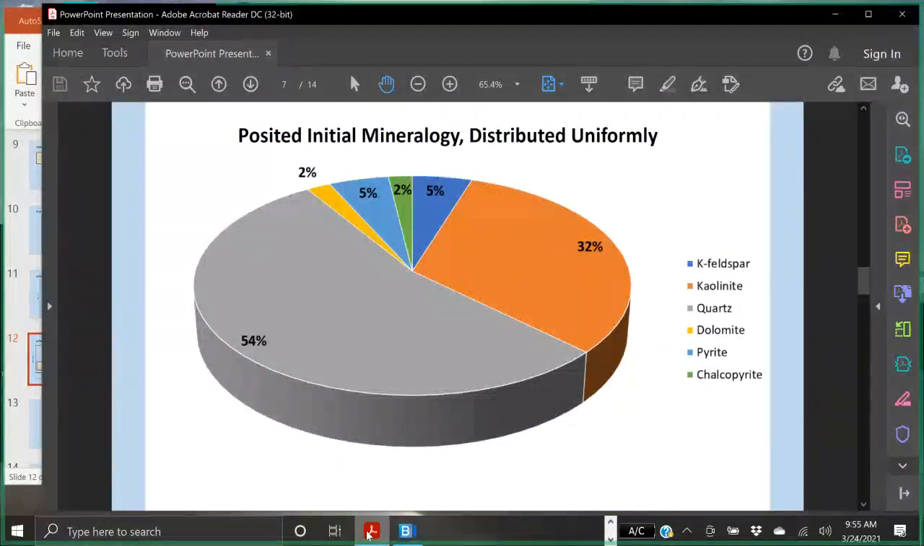Okay, so let's shift gears a little bit and talk about the mineralogy for this model. This pie graph shows the mass distribution of the different mineral phases